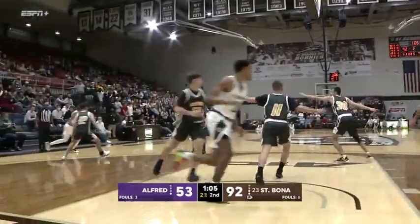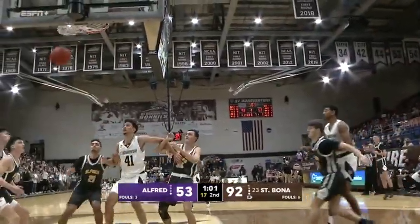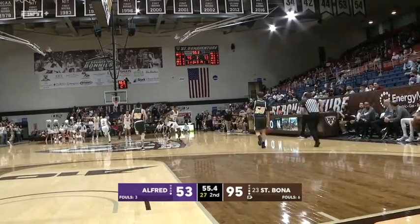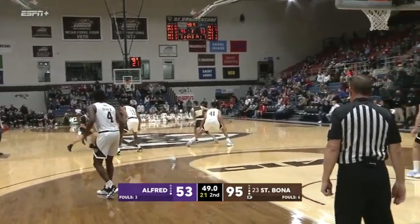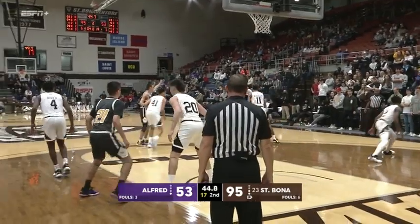92-53 now. About a minute left to go in the contest. And Linton Brown will jack a triple. Count it! Brown! What an opening night for Linton Brown, the JUCO transfer. There's always somebody who impresses in these exhibition games, and tonight that's been Linton Brown. 19 points, shot it very well from deep. For the Saxons,